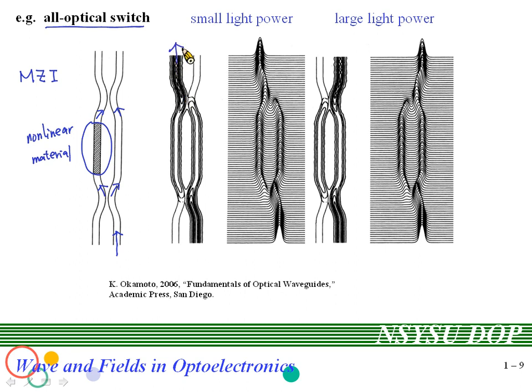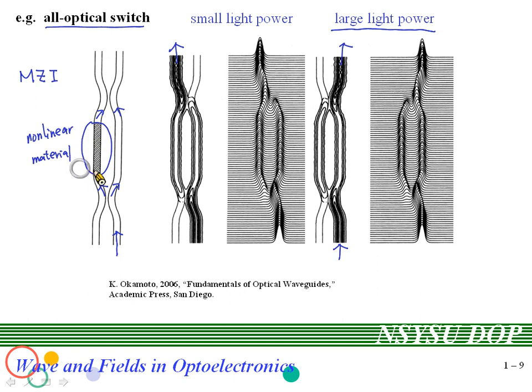Okay. So initially, if we design this device to have power inside this port and outside from this port, for smaller light power, this region has no difference from the others, so we can have power output from this port. However, for larger light powers, the nonlinearity of this region will make a large contribution to the phase difference of these two paths. As a result, it may form destructive interference here and constructive interference here. Then light power input to this port will go out from the other port here.